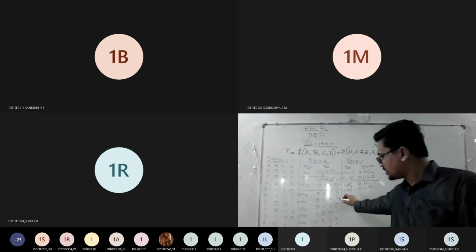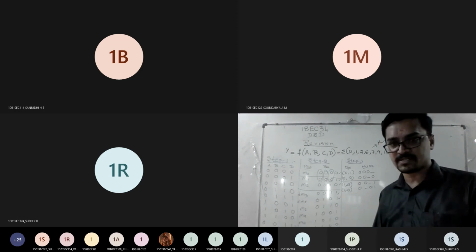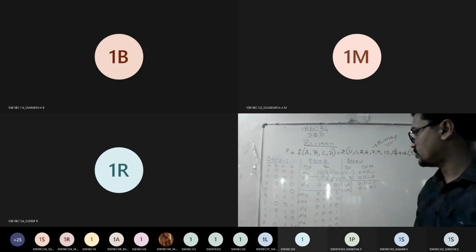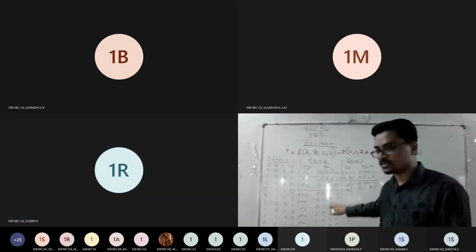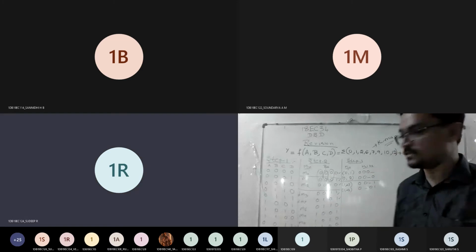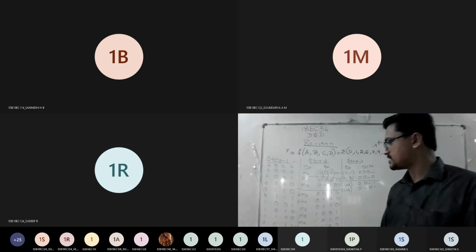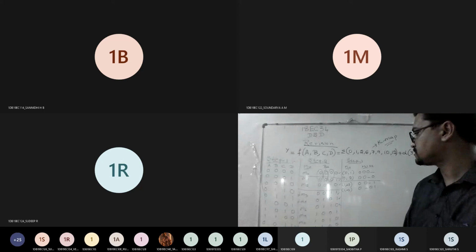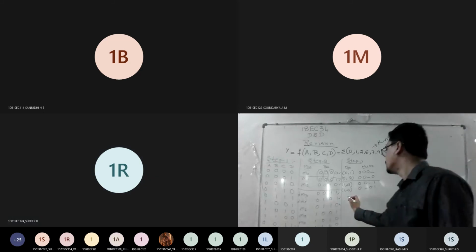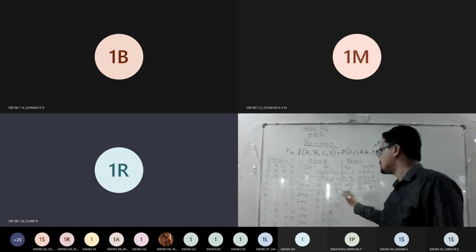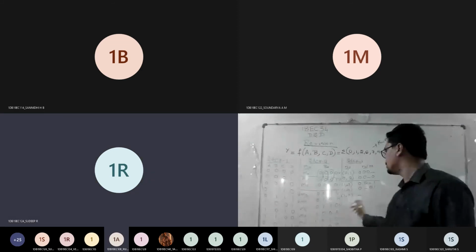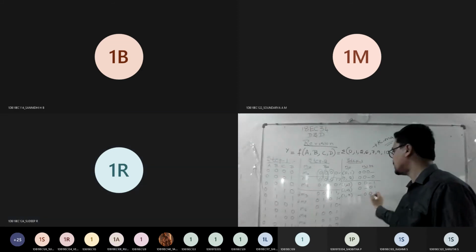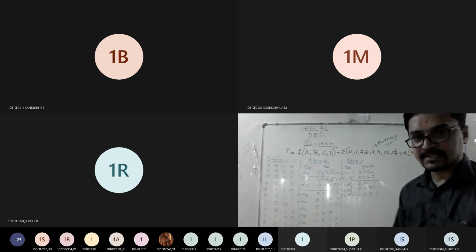So 3 and 5, you can put a tick mark for your reference. Next, 1 with 6, is it possible? No, sir, because you can see 0, 1, 0, 1, two changes are there, so don't consider that. So 6 is not there. What about 9? Yes, sir. So you'll get 1 comma 9, so 0, 1, you can put dash, then 0 0 0 0 1. Correct? Is it understood?